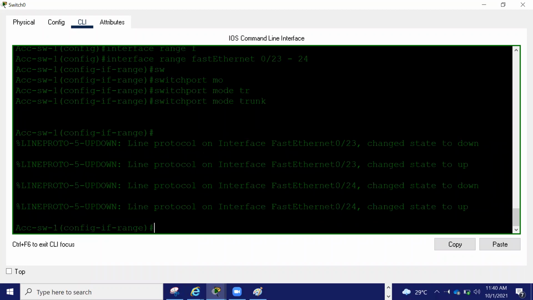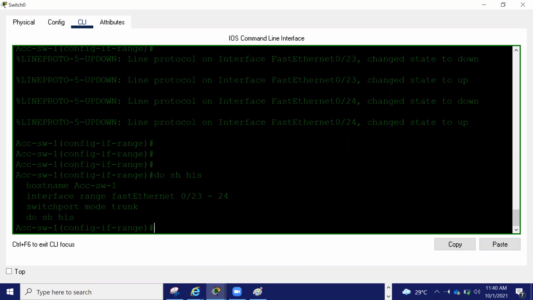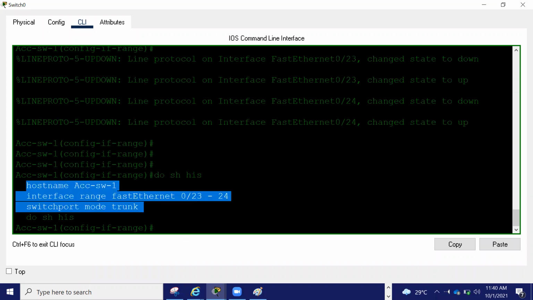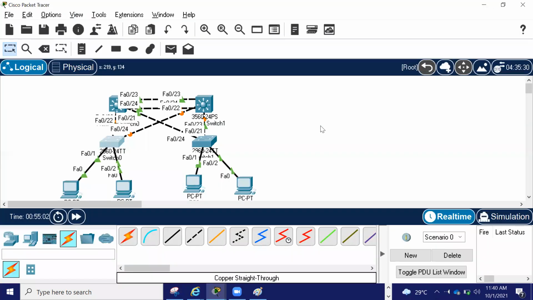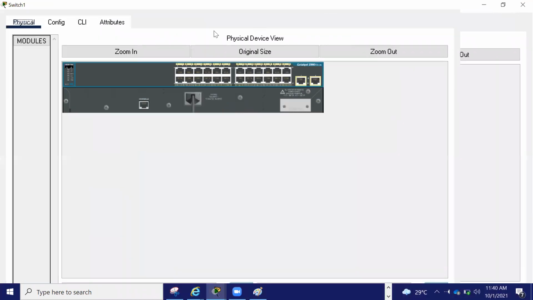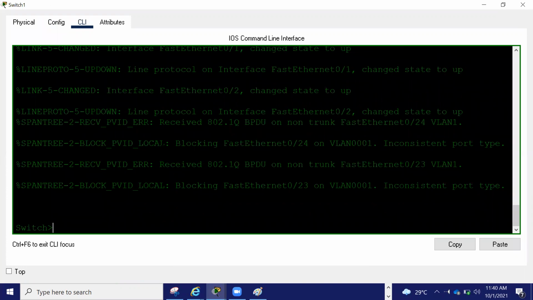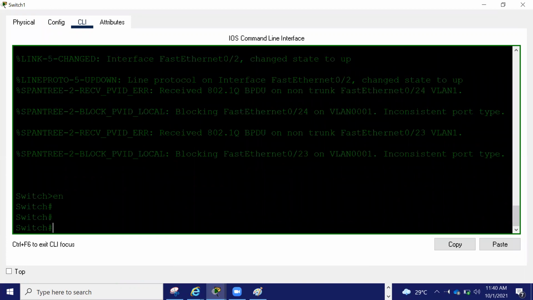So I can again do show history. This command you can use from anywhere. See this command. I'm saving my time by using this one. So I will go here. Enable, config terminal.